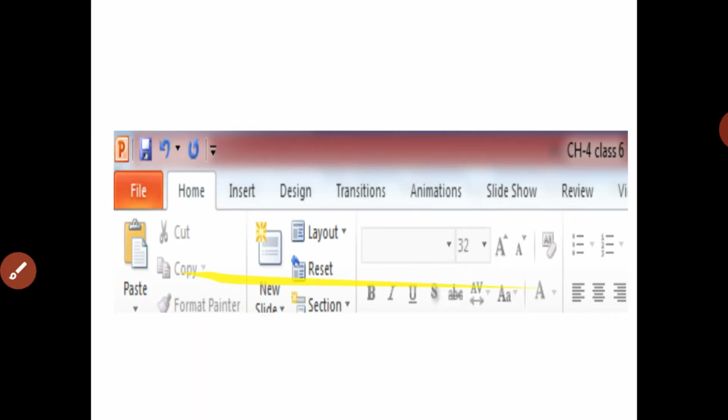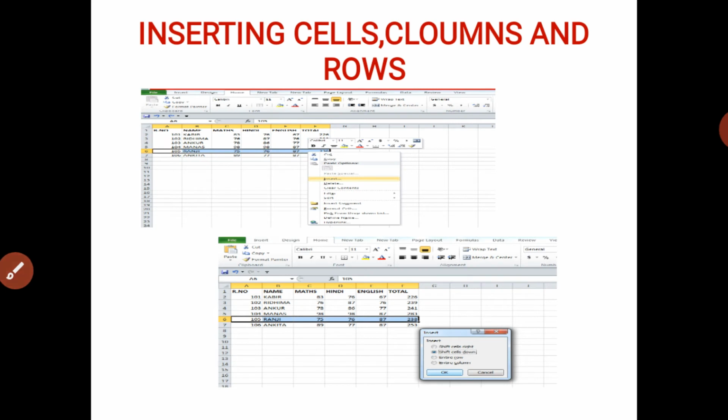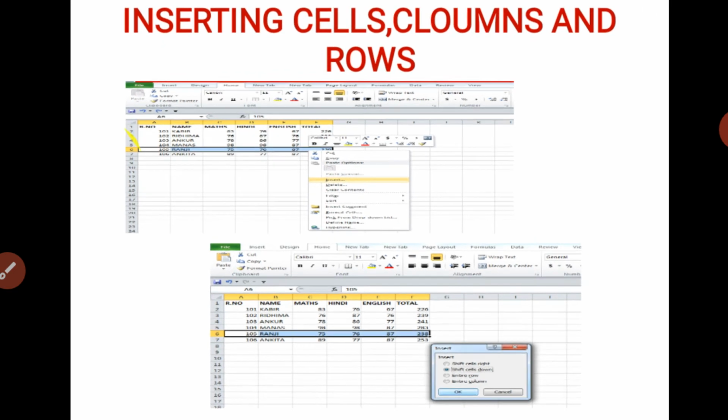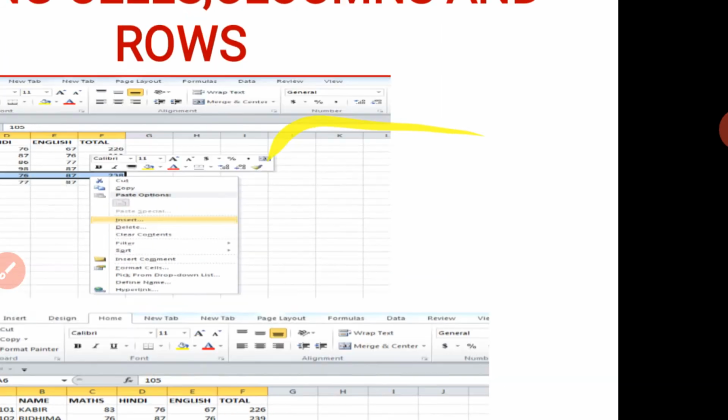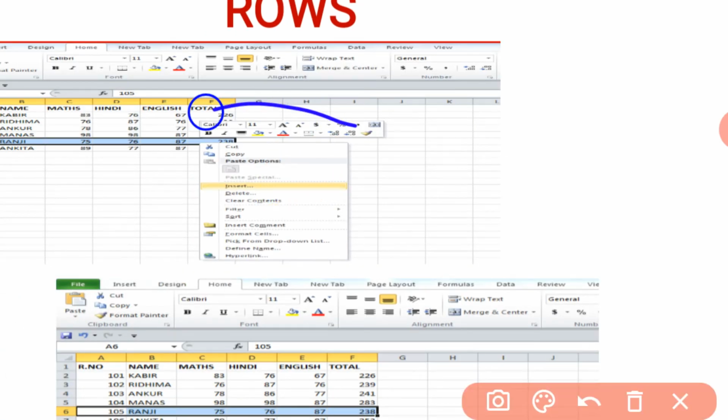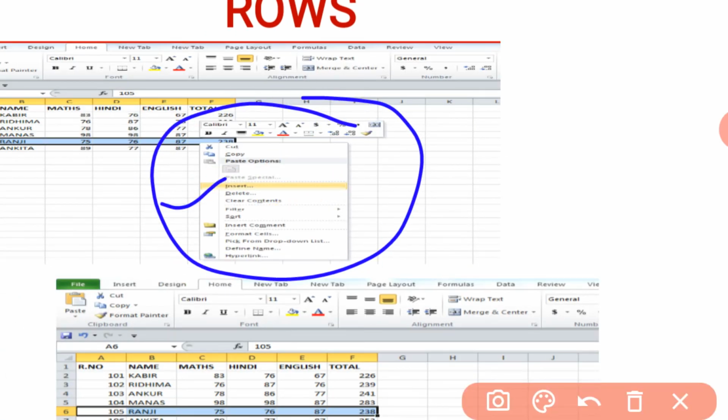Now move to the next topic, that is inserting cells, columns and rows. Suppose, students, you want to insert a row or a column in particular data. What do you need to do? First you need to select the particular row area where you want to insert your new row, and after that you need to press the right mouse button. With the help of that you can easily get this type of dialog box, right? Here we have an option, insert.